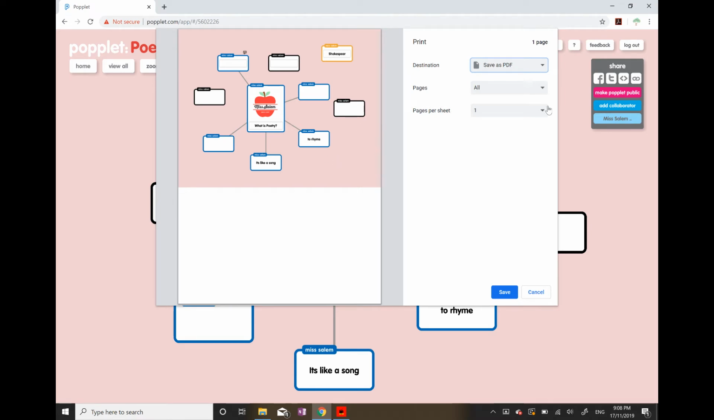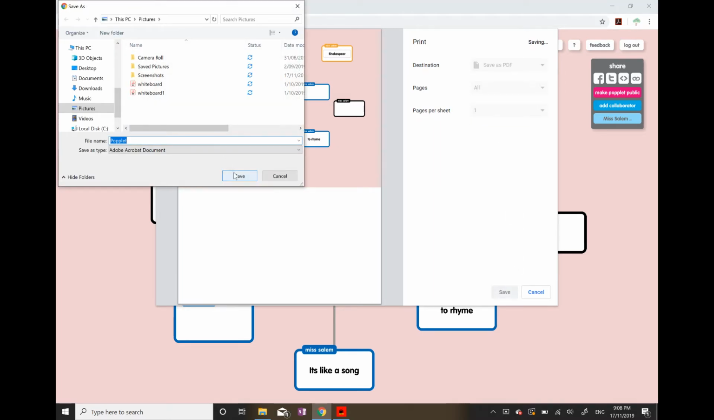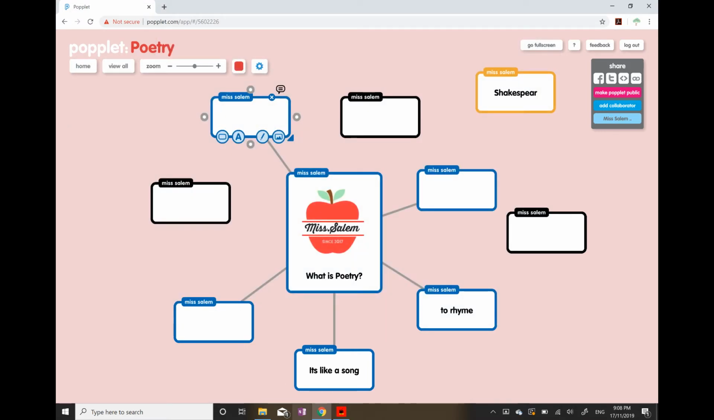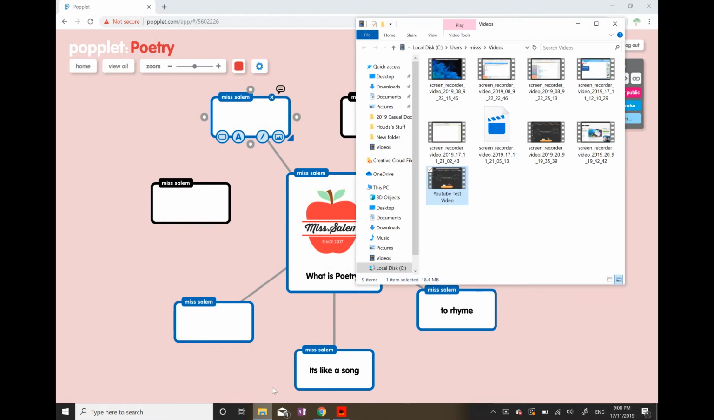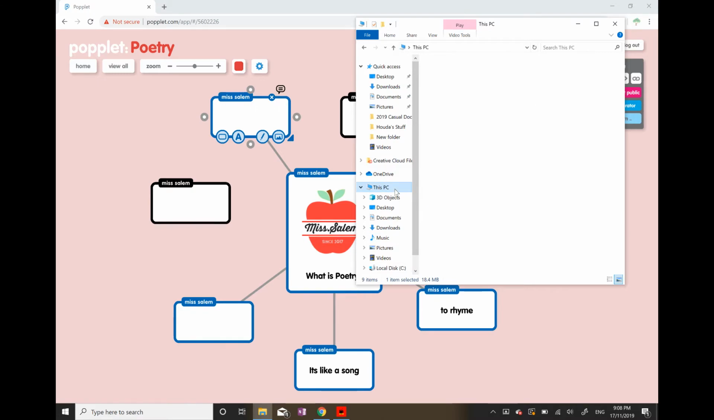If you don't want it in color, you can make it black and white. It's fine. You can even change the layout. So when you save it as a PDF, I'll just show you quickly. So I've saved it as a PDF, Popplet, yes, save. And then when I go to my documents over here,